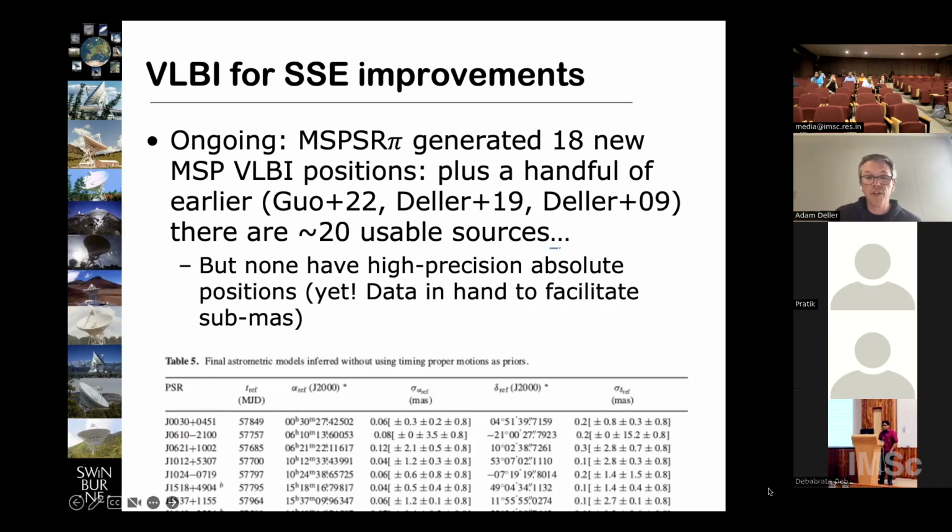And so this is just a call out of one of the tables from Howe's paper, where you can see the first thing shown here is the nominal precision. That's the precision in the offset from the calibrator. And so you can see they're all at the 10th of a milliarcsecond level, super, super precise. And then there are 3 different systematic contributions following that that are all at the level of maybe a milliarcsecond or so. So we have the data in hand to knock them all down to the sub-milliarcsecond level. And that's what Howe's working on as part of his first postdoc.